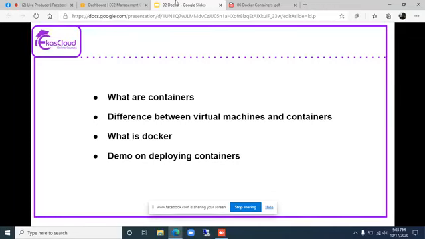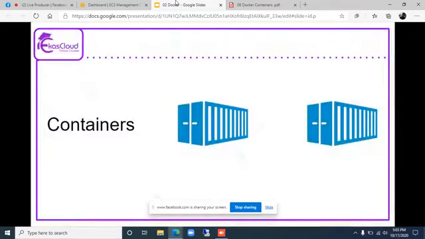Let us start with containers. The container image in this slide is very similar to the containers which you see carrying cargo. To understand the similarity, you have to know about container technology. To understand containers, one should also understand how applications are installed in a traditional environment.